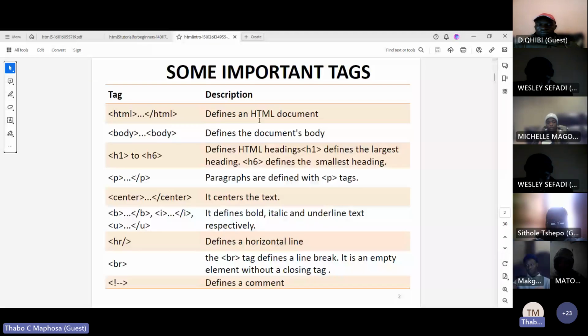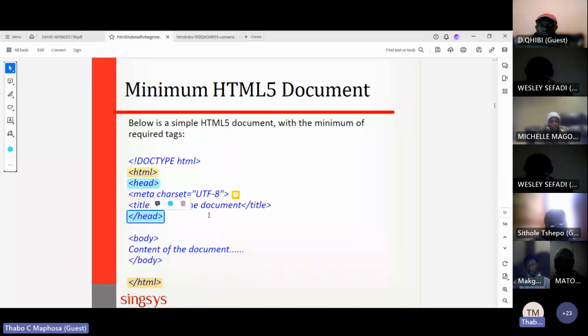We know that, because once you open an HTML, everything in your web page has to be enclosed between those two HTML statements. You've got the opening part and you've got the closing part. The closing part always comes with that particular slash there. And then that defines an HTML document. The second part is the head, and we spoke about it already. This is the head there. It's not like the header, but it is the head of the HTML document.